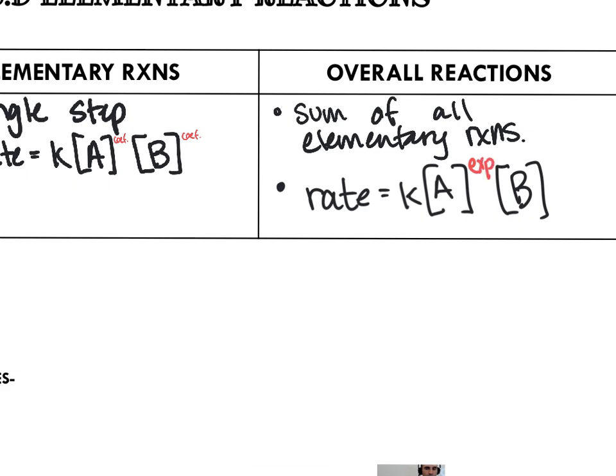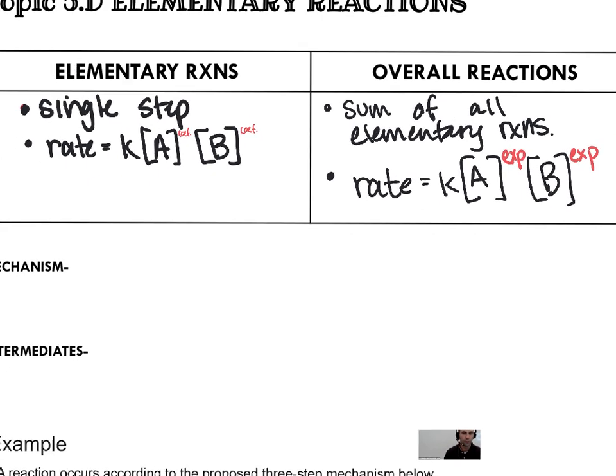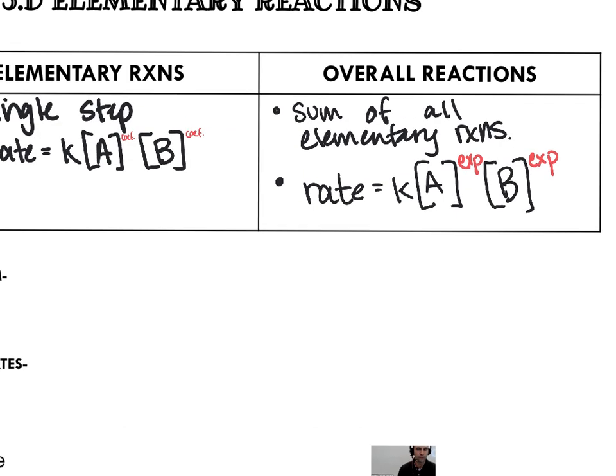I gave myself more room. And I'm putting EXP there because those have to be experimentally determined. And again, when we're looking at these reactions, we just see a balanced equation. We can't tell if it's elementary or if it is an overall, okay? And so we've got to treat them as all overall reactions